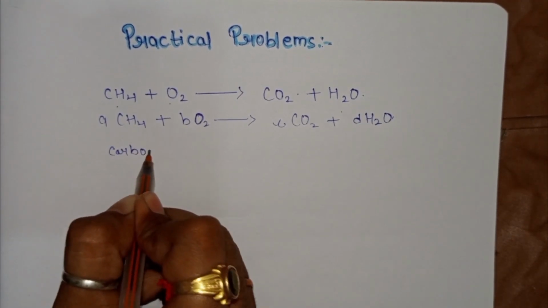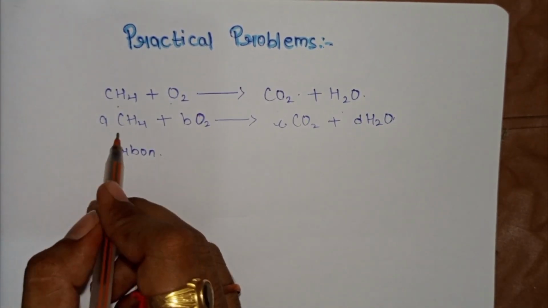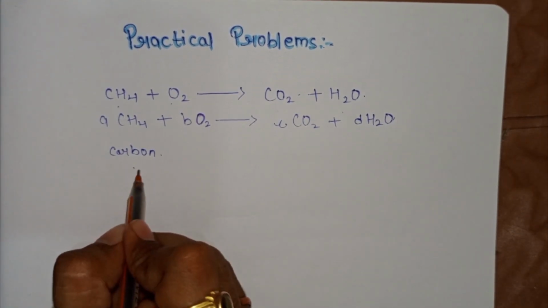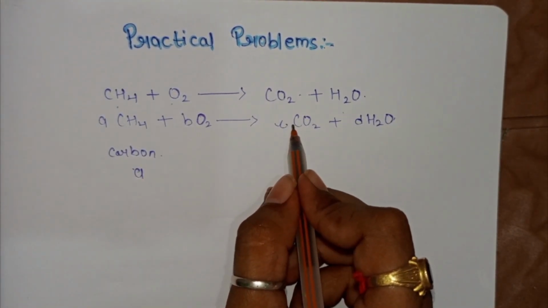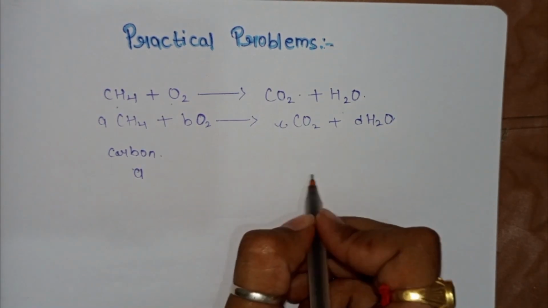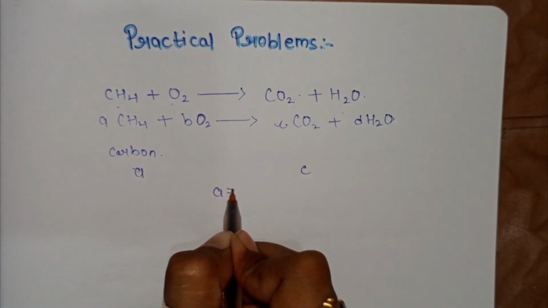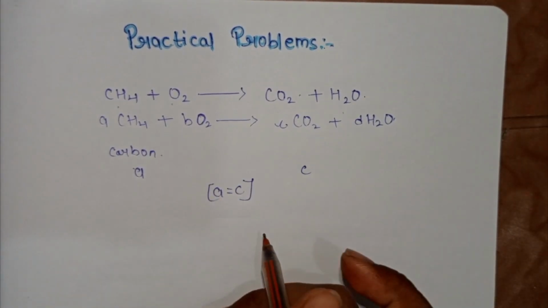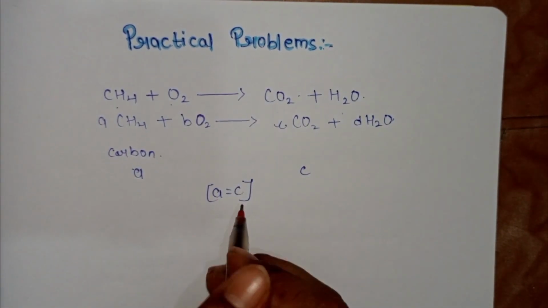For carbon atom, we will count the carbon atoms on the reactant side. There is one carbon atom, so a. On the product side, how many carbon atoms are there? There is one carbon atom, means c. Simply we can say that a is equal to c, because according to the law of conservation of mass,